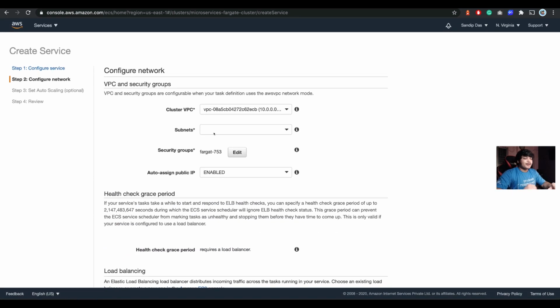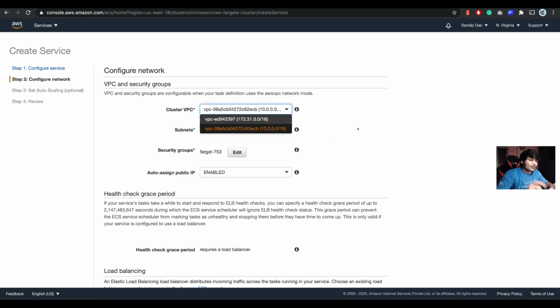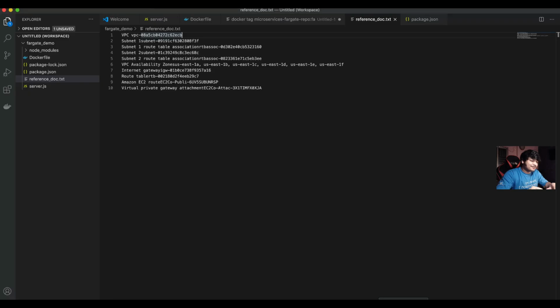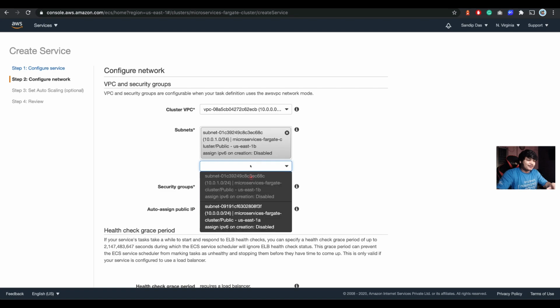Here is the important part now. Remember I told you to make sure you copy the VPC ID. This is now handy. The last four characters of the VPC are 2ECB. So that's it, 2ECB. This is how I remember, so you can use a similar method. Add the subnets required